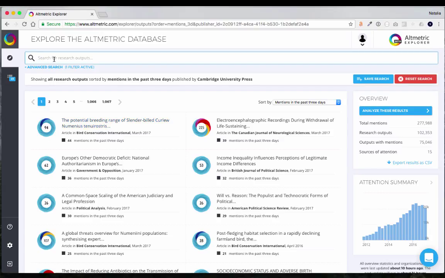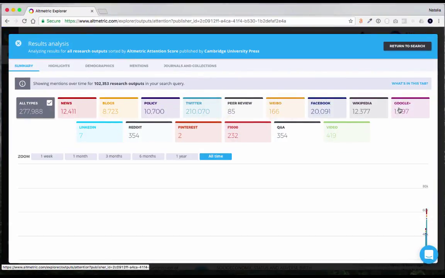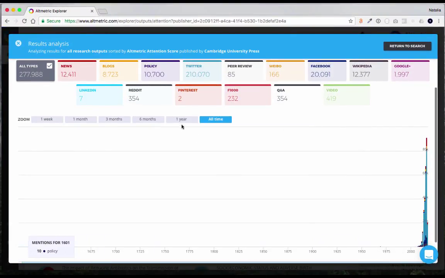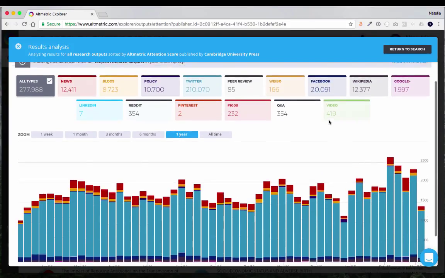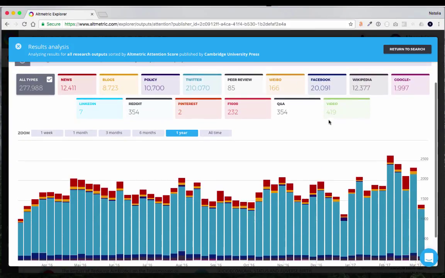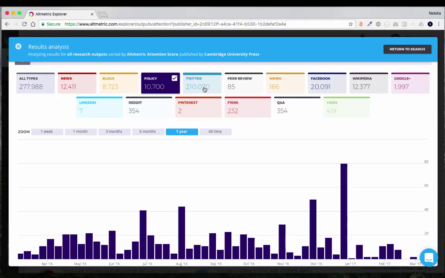A new feature we've also added to the new version of Explorer for Publishers is the overview panel. So you can see a summary of the outputs in this search, but you can also choose to analyse your results. So let's choose the last year, and now we can see a stacked aggregated graph of attention to Cambridge University Press's publications. If you're particularly interested in one particular attention source, you could filter by that, say policy,